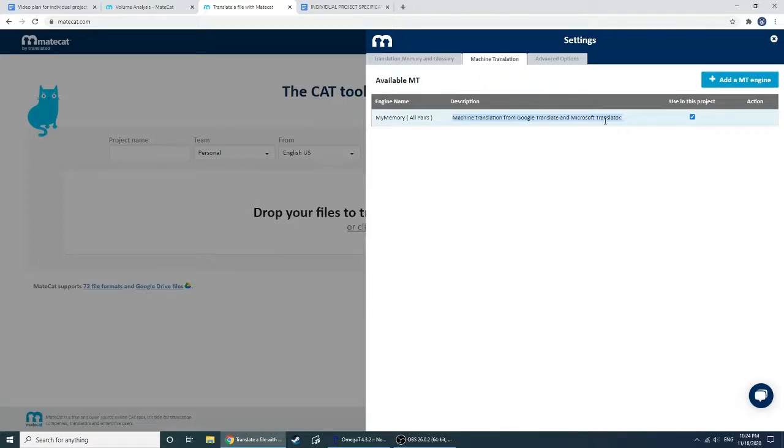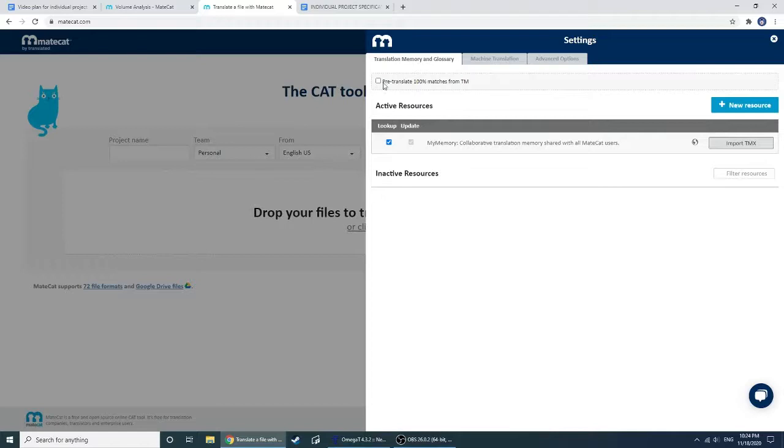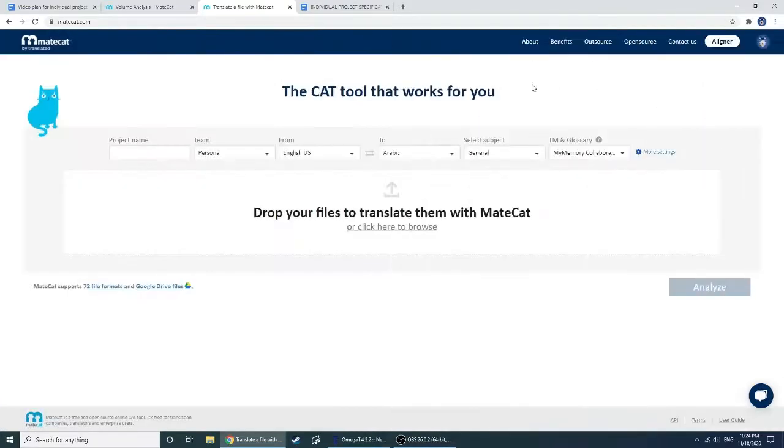And this is actually kind of a big deal because, at least from my understanding, this isn't something that comes with every software, right? As we saw with OmegaT, you have to go and find those API codes, and so that's quite an issue. But this one already has those two in it and ready to go. Okay, so as far as translation memory with MateCat, it is quite easy. If you want to make one,